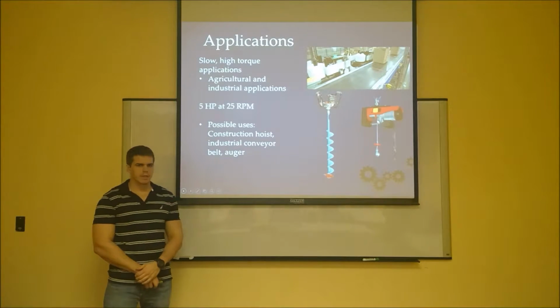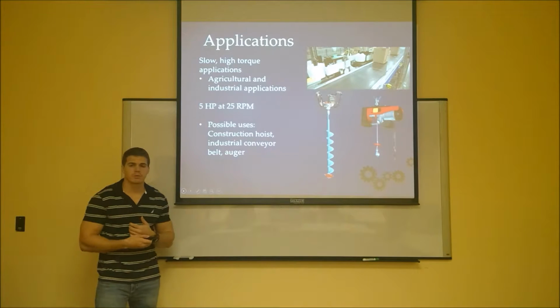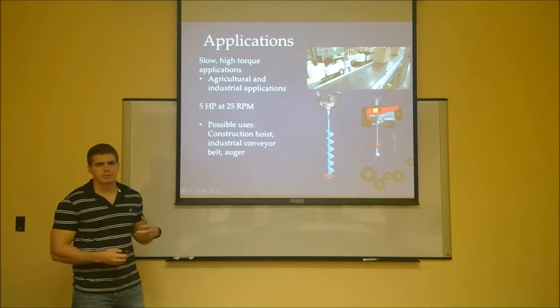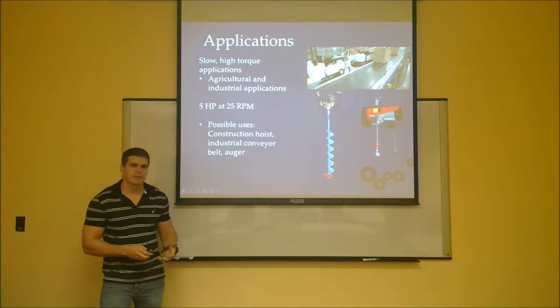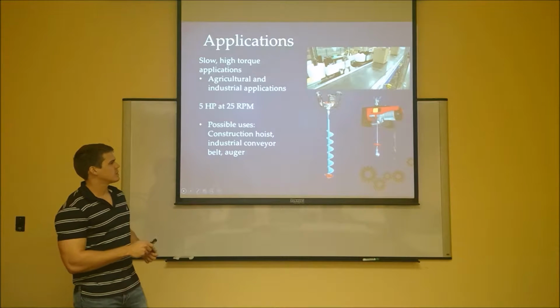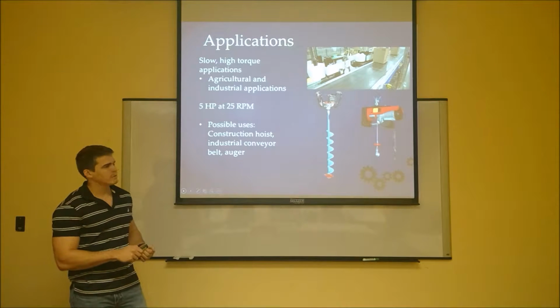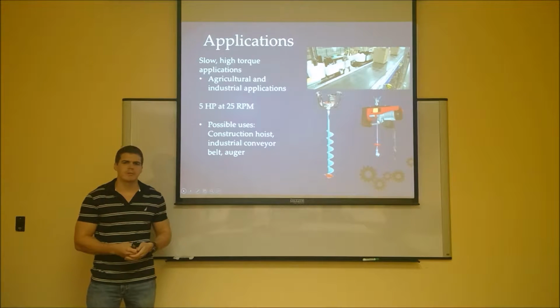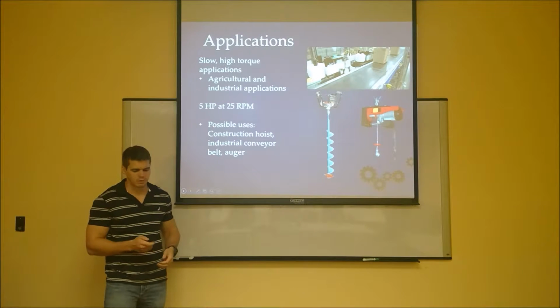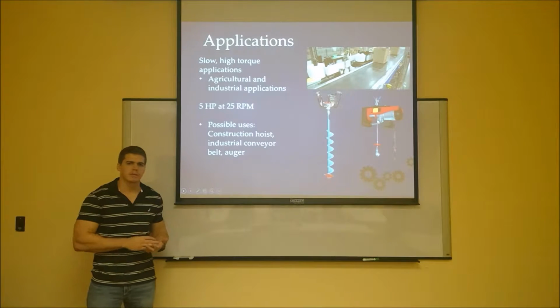Some of the possible applications of our gearbox include mainly industrial and agricultural uses. This is mainly because we're transmitting 5 horsepower at very low RPM, so this gives us very high torque applications. Some of the possible applications are agricultural, such as this auger. We have a construction hoist, if we want to lift some heavy equipment or heavy material on the side of a construction site, or perhaps an industrial conveyor belt if we need to move some heavy machinery